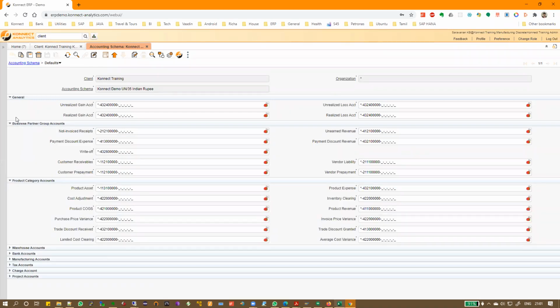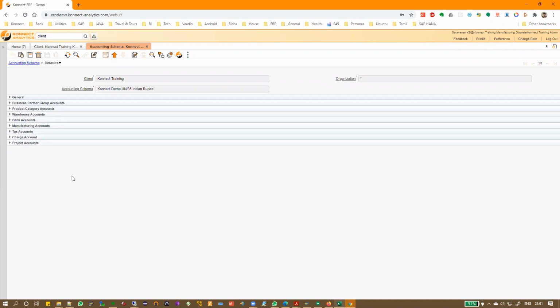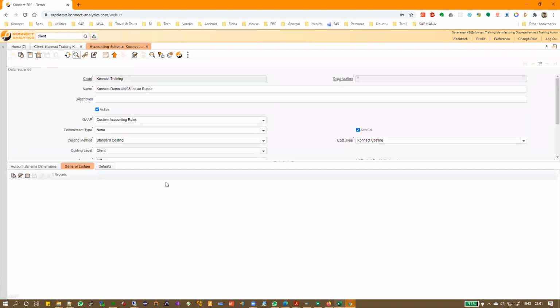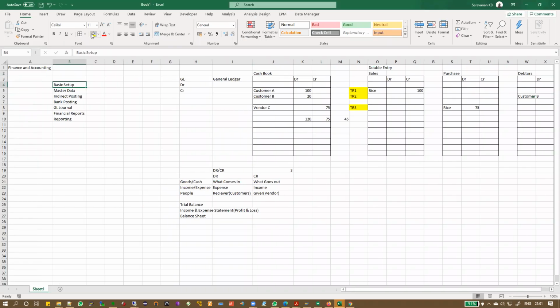Bank transactions, etc. Since this is a basic training, we are not going to go into detail about this, but I will tell you the implication. This accounting schema is the basic setup. There is nothing you need to do explicitly other than come and check whether everything is given properly. It's automatically created during the client creation. You can make changes, but you have to be careful.